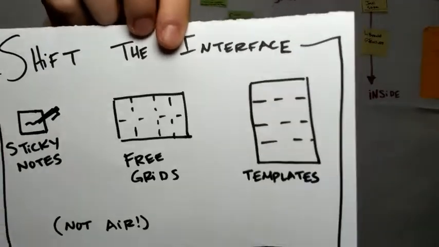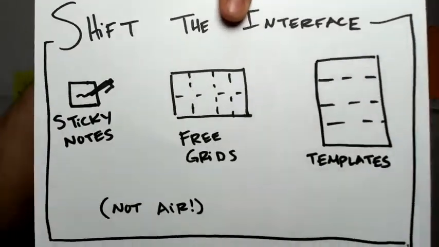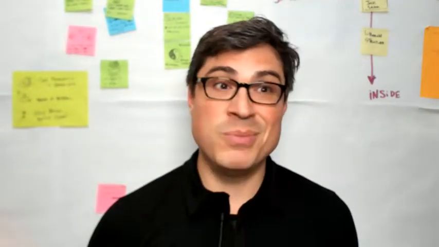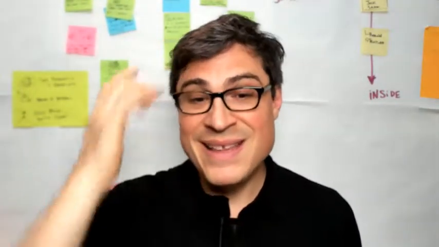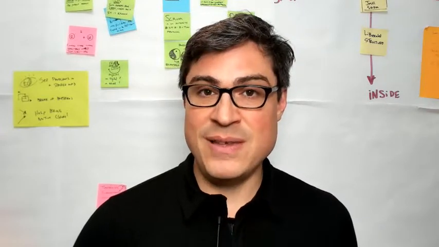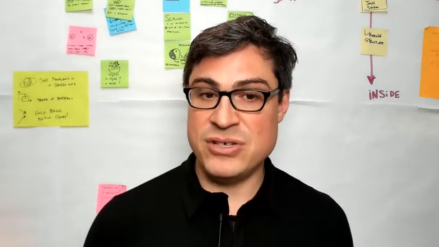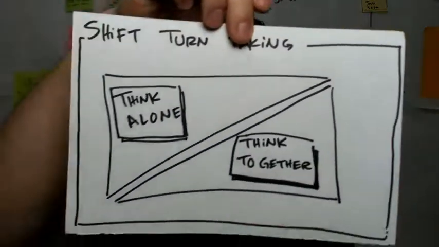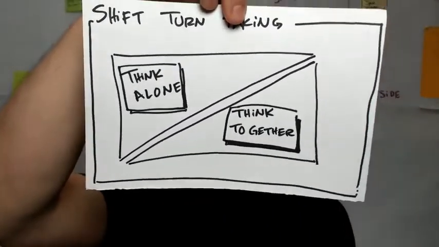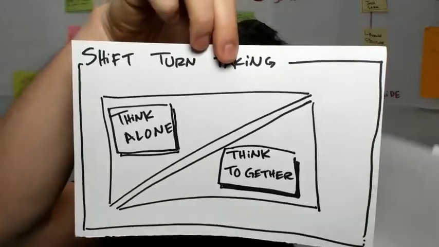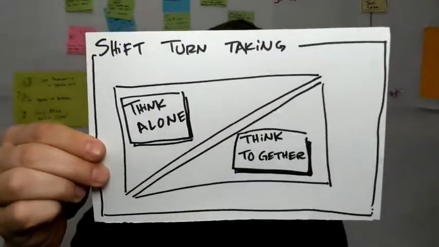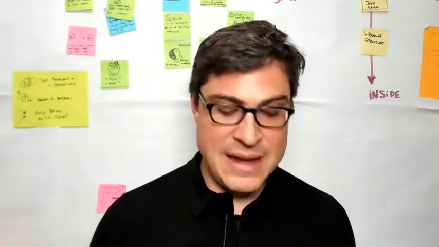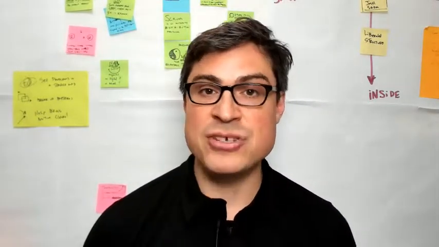There's lots of ideation templates, and I'm going to talk about a couple more, but just having air as your interface and having a lot of people shout and one person record everything, that's a lot of work for one person to do. So I think changing the interface that the conversation happens in is really, really important. And so the other way you can change your conversations is to change turn-taking, shift how turn-taking happens. And really this is being aware of this time to think alone and this time to think together, which I am super duper passionate about.